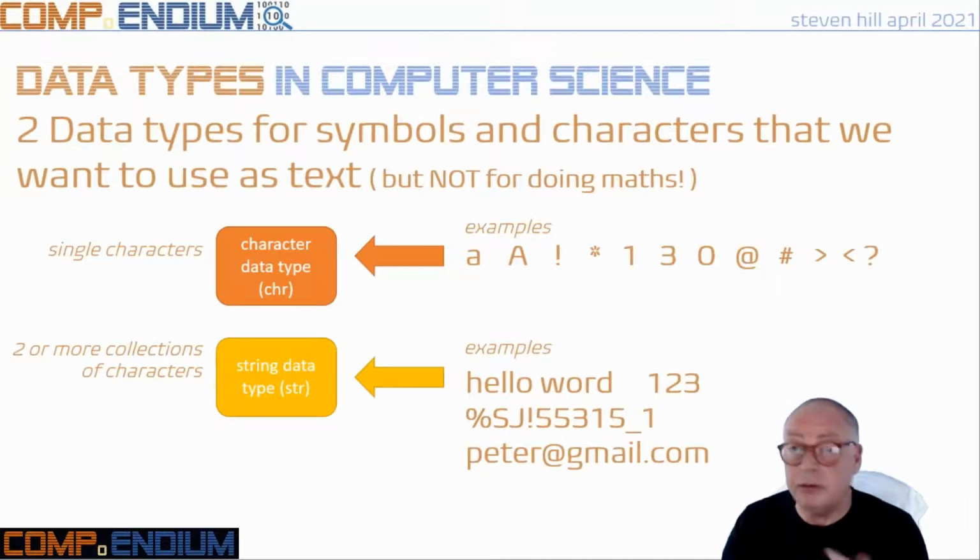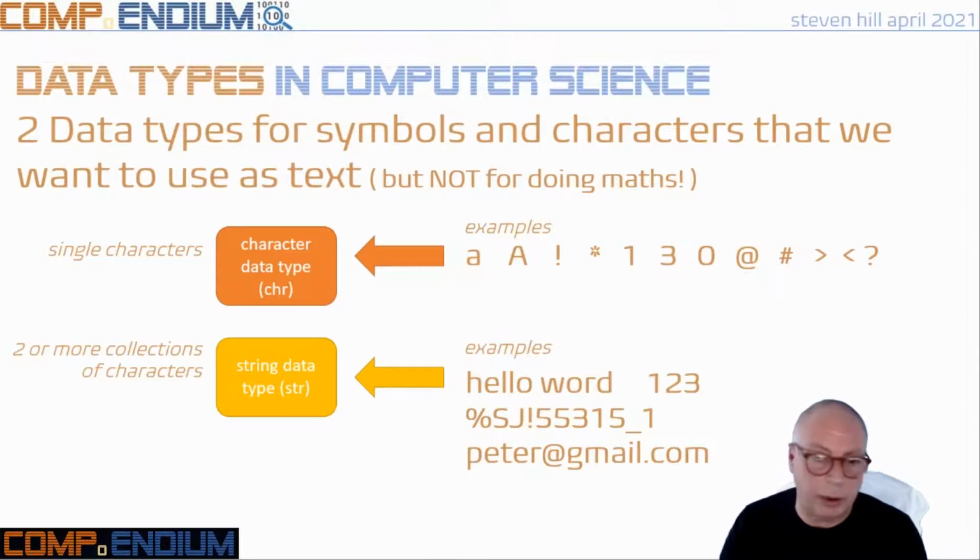Okay, 1 character. The reason for this traditionally is that if we're working with 1 character, we can keep the memory usage down to the bare minimum. We only need a byte to be able to represent 1 character of data, so it helps to manage memory. If we've got more, 2 or more characters, in other words, a collection of characters that make up a